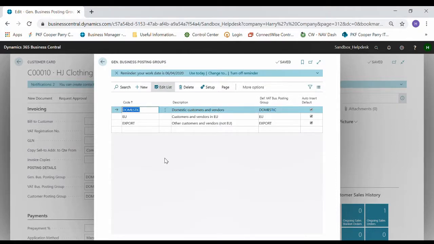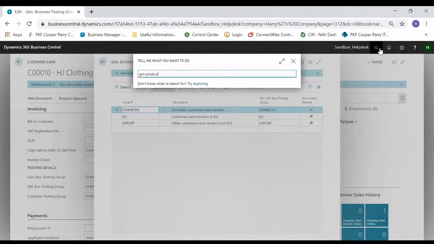So obviously at standard, we've got domestic, EU, export. You can have as many as you like. You're not restricted to a few. But they tend to be, like I said, geographical as standard. But yeah, this is basically who you're selling to or who you're buying from, and that is the business posting group as a whole. And then you've got the general product posting group,